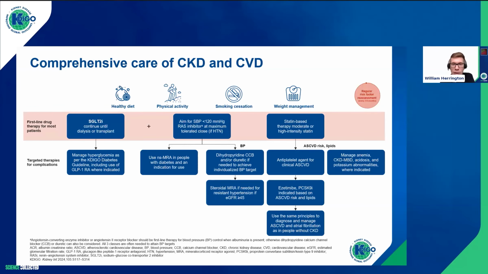Leon was well managed with antiplatelet therapy for clinical atherosclerotic cardiovascular disease. You wouldn't use antiplatelet therapy in all patients with non-diabetic CKD. It requires people to have clinical evidence of atherosclerotic disease. You could intensify lipid lowering if there's an indication, and that would be based on local use of PCSK9 inhibitors and ezetimibe. And then it's really important, and I think I wanted to highlight the detail that's in chapter 3